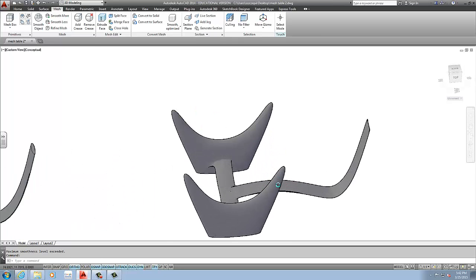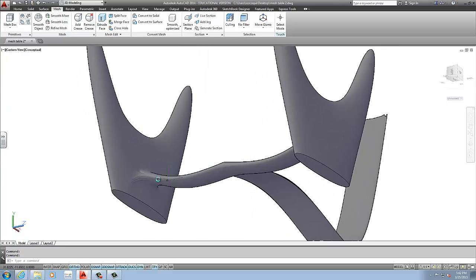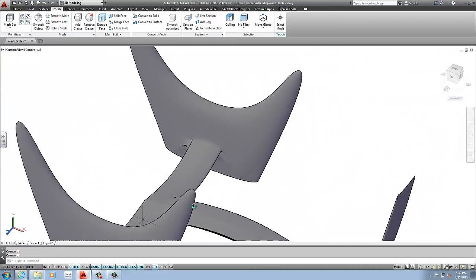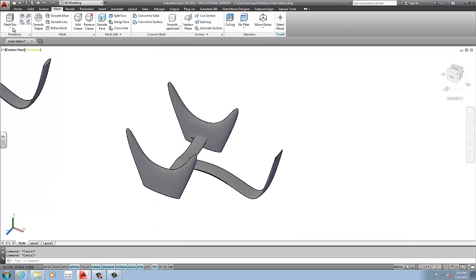as this part here. That gives me a smooth object. You can always unsmooth and create that crease or remove a crease as needed, which makes it nice. And if I go to a top view